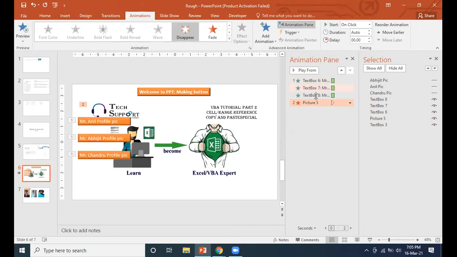When these three texts are coming, at that time itself this image should be disabled.